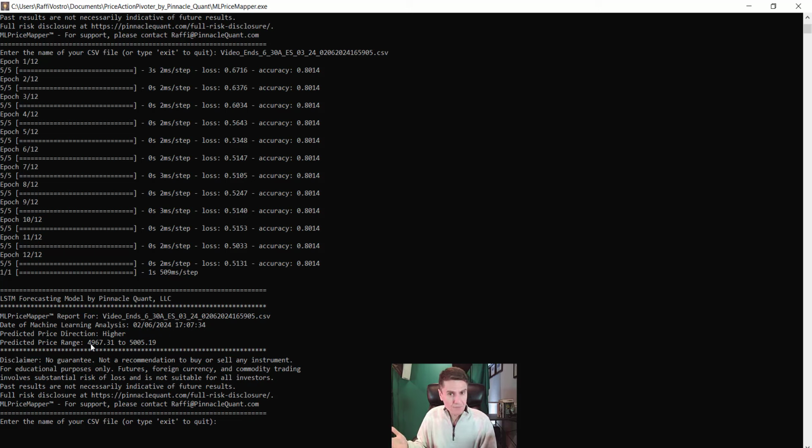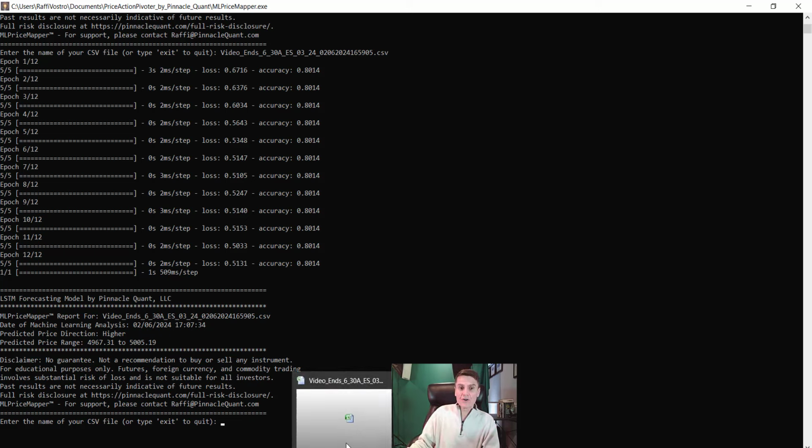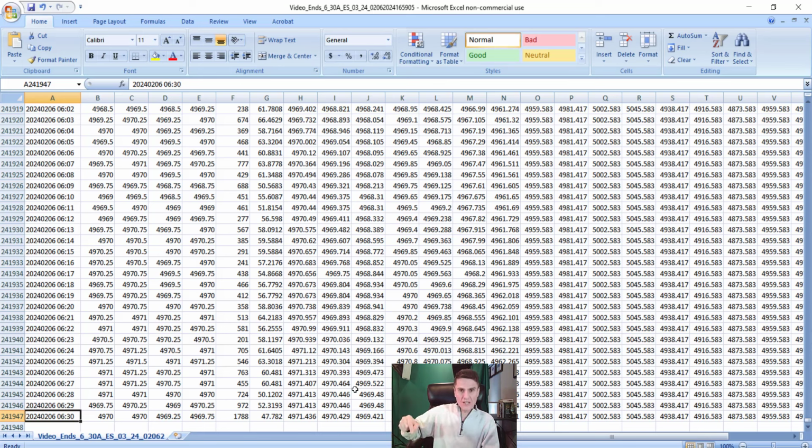Higher than what? Good question. It is higher than the very last close price of the last row of the CSV file. The close prices are in column E, and that is the close price, 4969.75. That's the last close price it has for ES at RTH. So the model is saying that by the time RTH close comes around, 1 p.m. Pacific time, 4 p.m. Eastern, by the time we hit that 1 o'clock close, the model anticipates that the price will be higher than